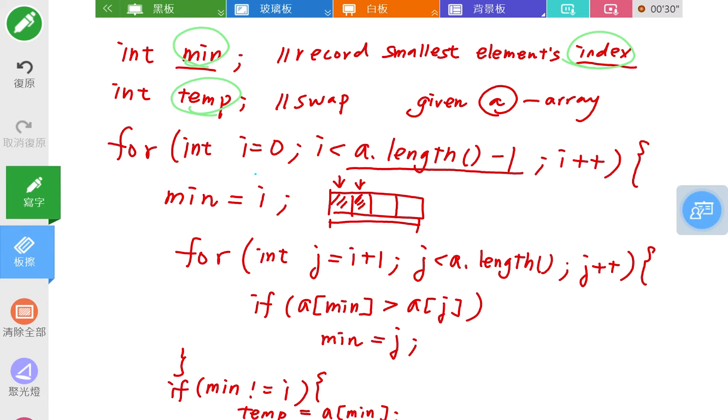And now we need two for loops. The outer for loop is for you to swap the element, and the inner for loop is for you to find the smallest element. So the outer for loop, you need to start from the first one. Of course, you are going to find the smallest number in the first slot, and then the second smallest number